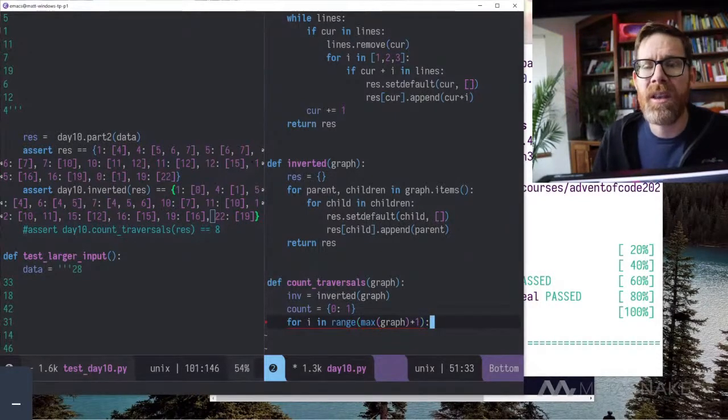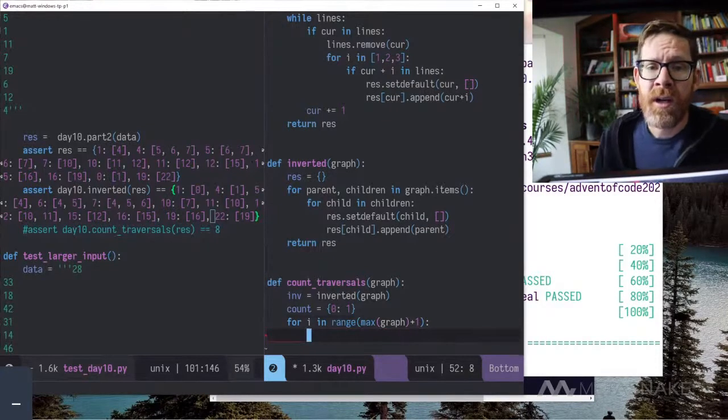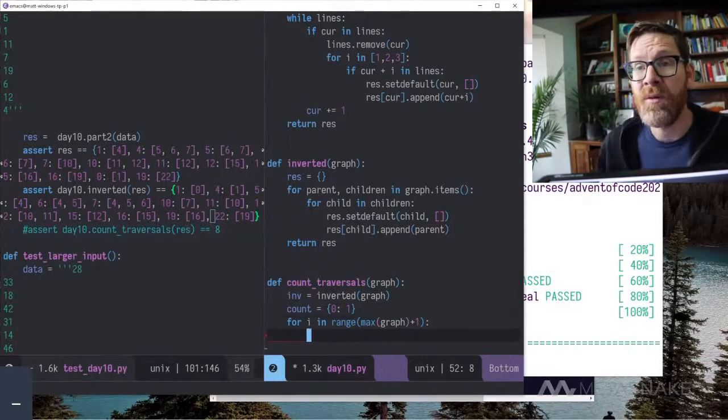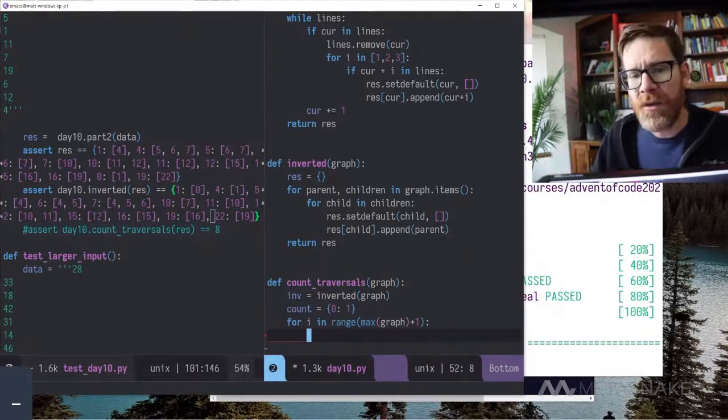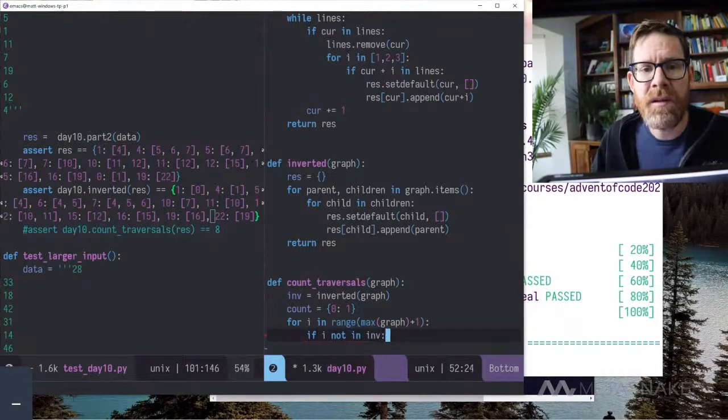I want to make sure I hit that max value, because range is a half open interval. It doesn't include the final index, and in this case, max of graph plus 1 is the value that we want to end at. Now it's possible that i is not in our inverted, right? We don't have parents for i, and that's fine. We might skip numbers. So I'm going to say if i not in inv, we'll just continue.